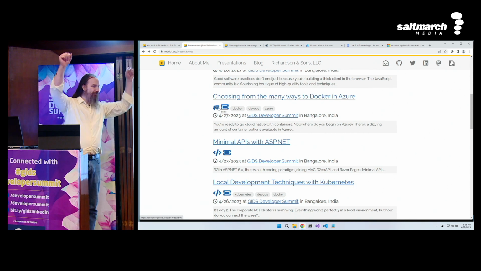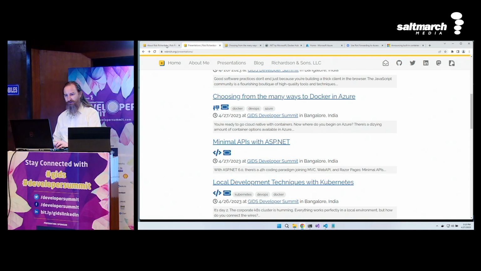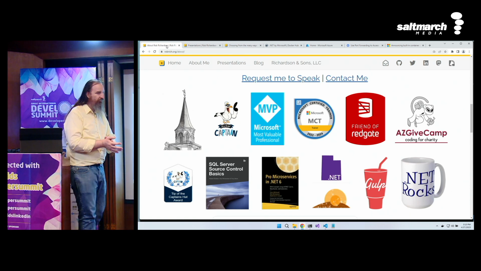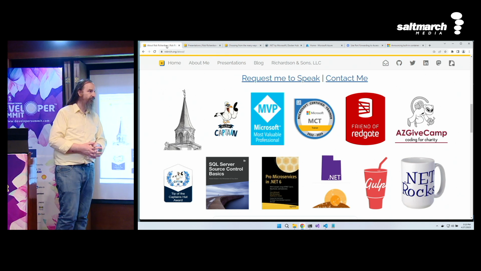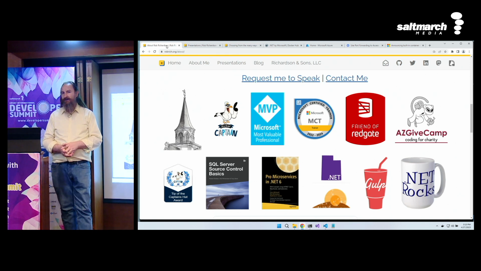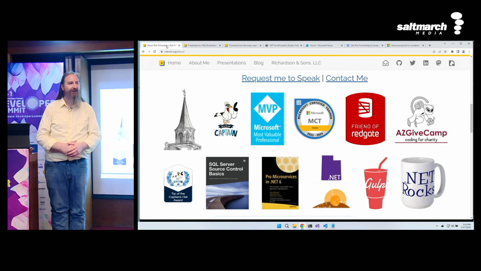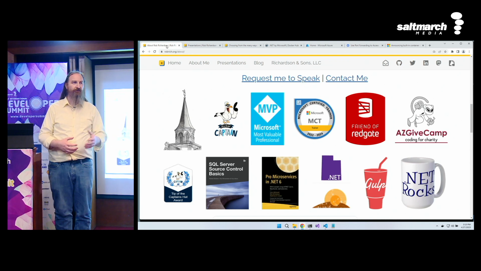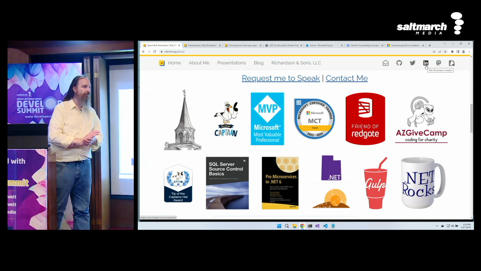Achievements unlocked! Woo! While we're here on robrich.org, we can see some of the things that I've done recently. Microsoft has given me some awards, Docker has as well. AZ GiveCamp is really fun. AZ GiveCamp brings volunteer developers together with charities to build free software. We start building software Friday after work. Sunday afternoon, we deliver completed software to charities. Sleep is optional, caffeine provided. If you're in Phoenix, come join us for the next AZ GiveCamp. Or if you'd like to attend a GiveCamp here in Bangalore, then find me here at the event or hit me up on the socials up here in the top corner. And let's get a GiveCamp in your neighborhood too.